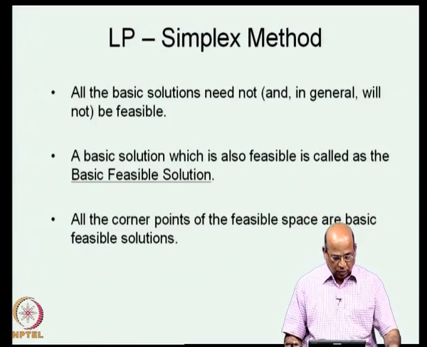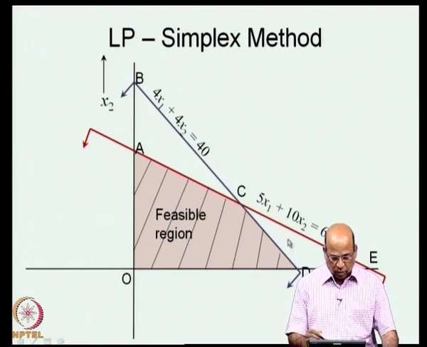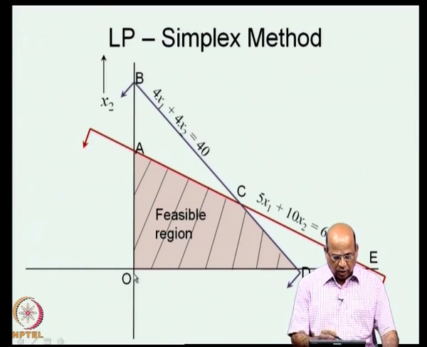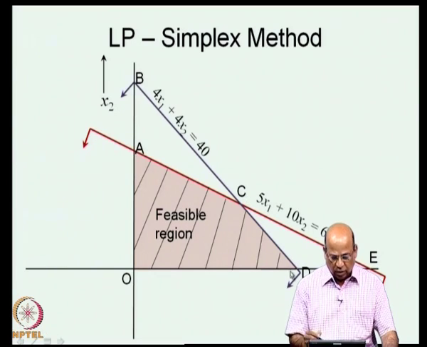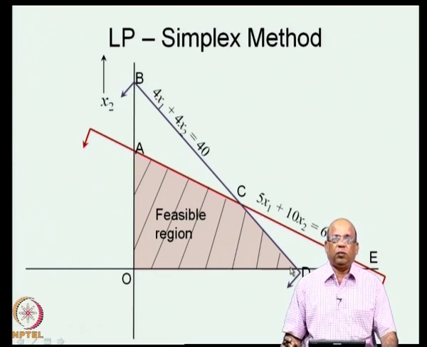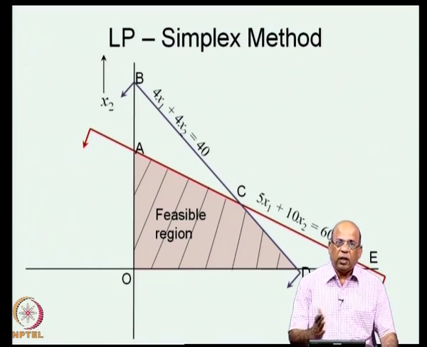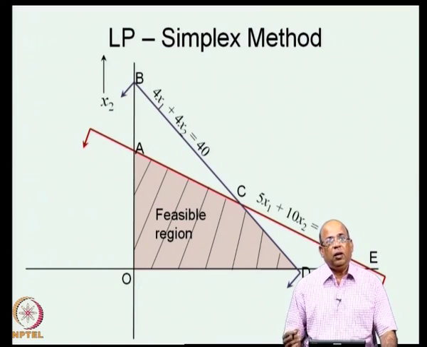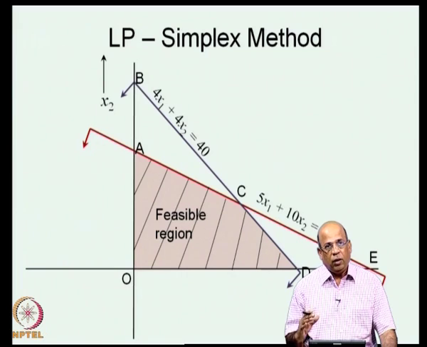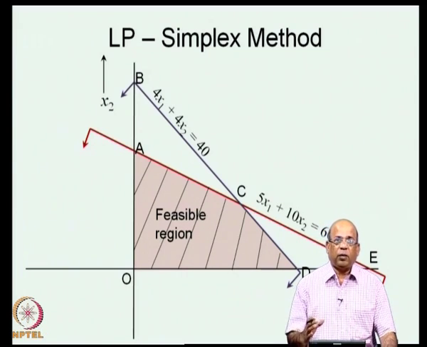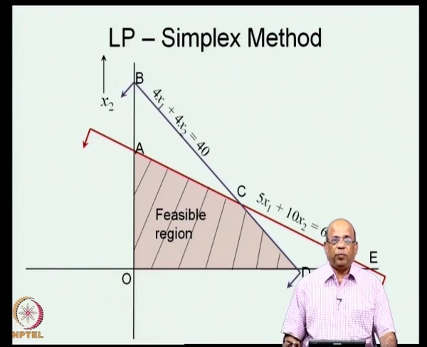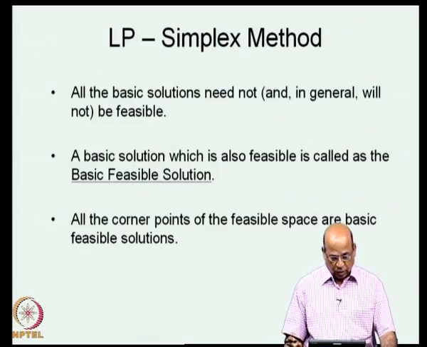What I mean by that is that we know that the solution is on the corner. So, one easier and straightforward way is to enumerate all the solutions here, obtain a solution at O, A, C and D, and then look at which of these solutions is the maximum value. Now, that is a straightforward way of doing it, it is an enumeration, but enumeration becomes unwieldy in practical problems, because there are simply too many basic variables.